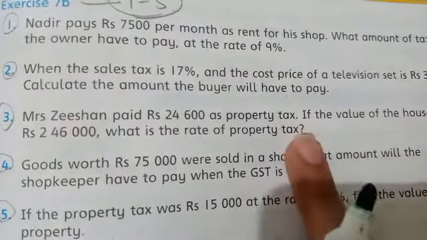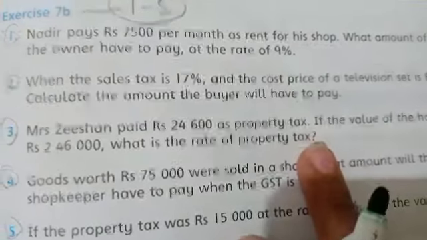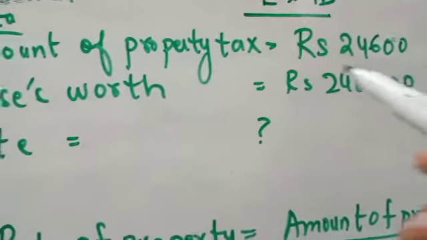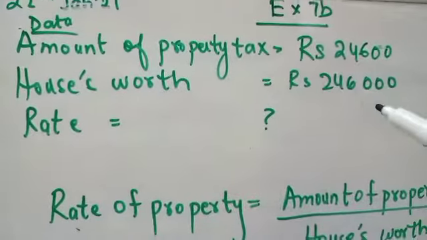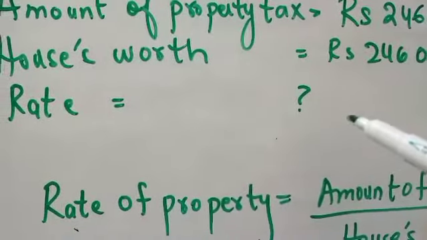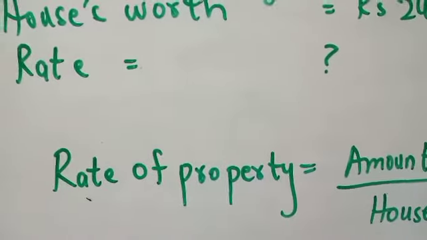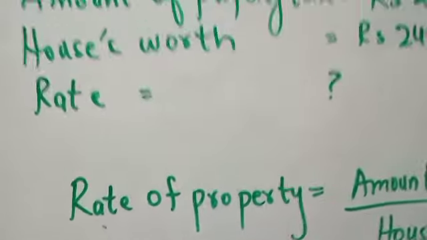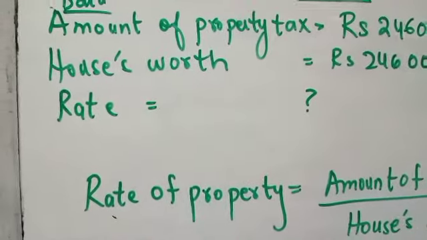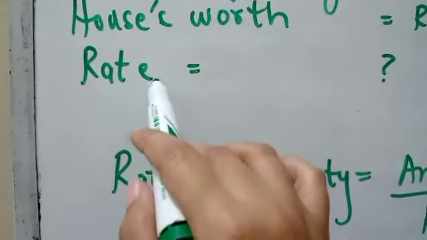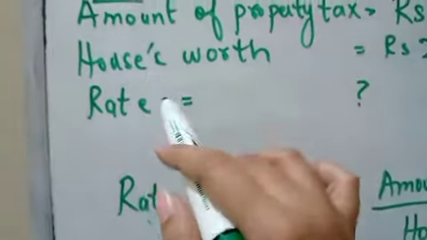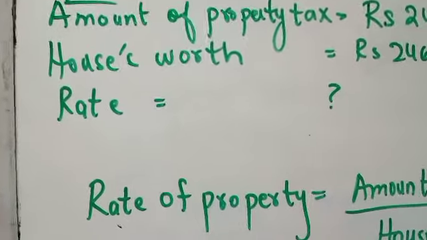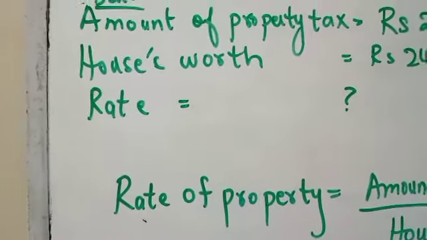This question is a little bit different, so look carefully at the video. Okay, listen carefully to the lecture. In this, the amount of property tax is given to you, the house worth is given to you, and the rate you have to calculate. In the previous 2 questions they had given you the rate. Okay, whatever the percentage of the rate was, that was given to you. But in this question they are asking you to calculate it. So one thing you have to remember, whenever they are asking you to calculate the rate, keep in mind it is always in percentage. Rate or sales tax percentage is always in the form of percentage.